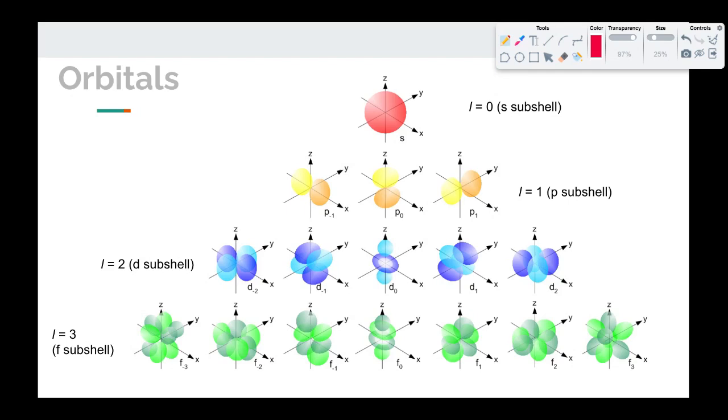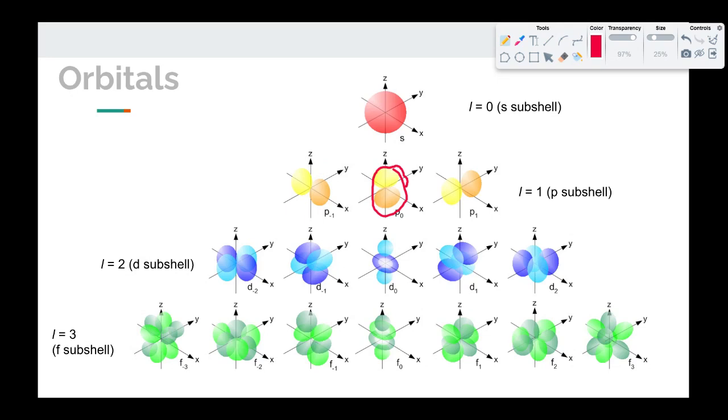When l is 1, we call that the p subshell, and the shapes of these orbitals are kind of dumbbell shapes. So remember, one of those probabilities depended only on radius and theta. That's this one in the middle. You can see that the farther you are up from this axis, or the farther you are around that axis, the probability is going to change, and also it's going to change with the radius. These two depend on theta and phi, so those are the other two. That's the +1, -1 version.